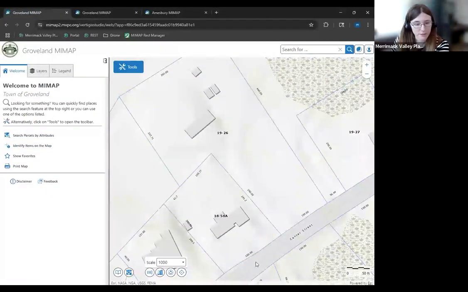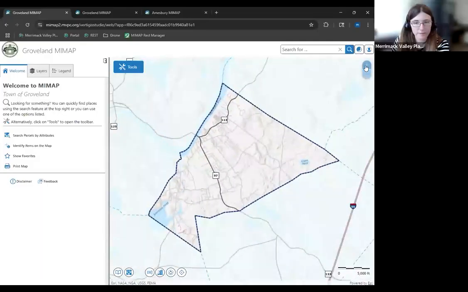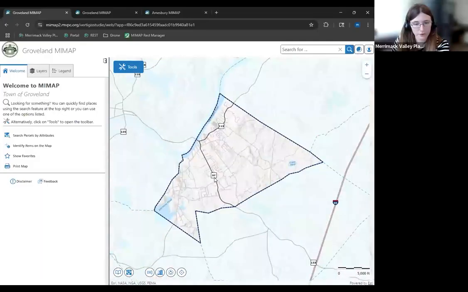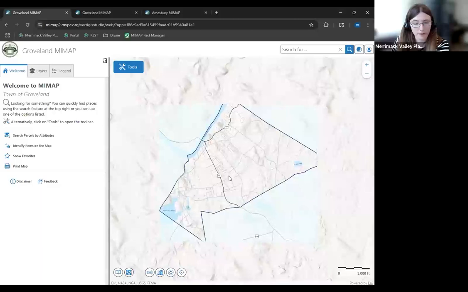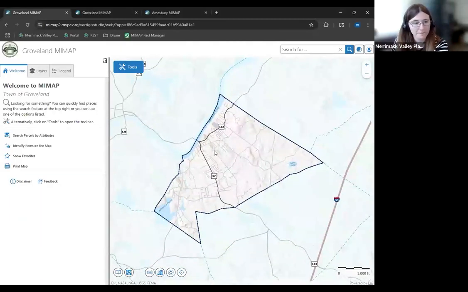Of course, your scale bar is in the bottom right, and then you can also do a return to home, so the original viewpoint in case you ever get lost, and also a geolocation. So if you're out in the community somewhere looking at this on your phone, you can click the little geolocation button. It'll find where you are based on your phone's GPS, which can be about 10 to 15 feet accuracy, so it should be able to find you pretty well. From there, there's also just the zoom in, zoom out, plus minus buttons, but you can also zoom in, zoom out with your scroll wheel on your mouse, or on a mobile device, it'd be the pinch motion as you would in most other browsers and programs.